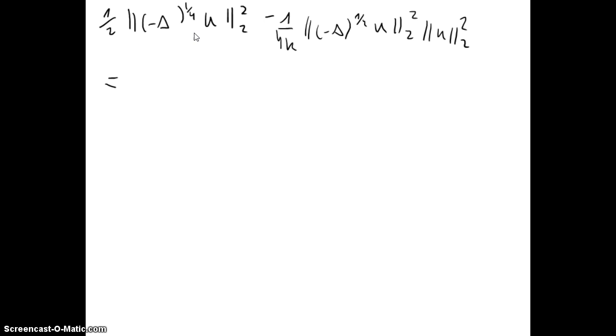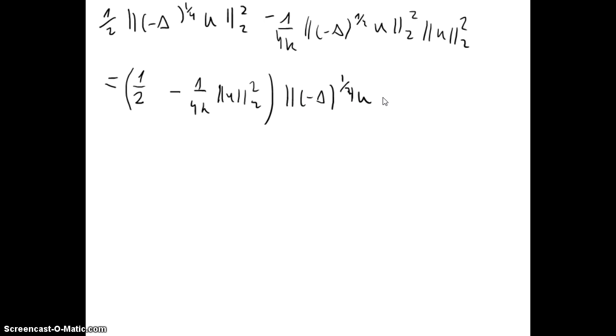If we take common factor this norm, we will have 1/2 minus 1 over 4k norm of u squared L2, times the norm of the Laplacian to the 1/4 of u squared L2. Okay, so we finally obtained that the energy of u is greater than or equal